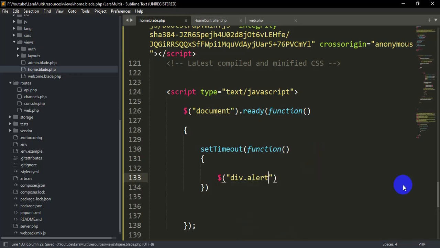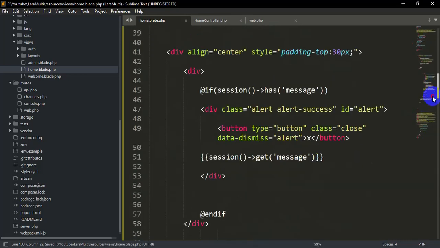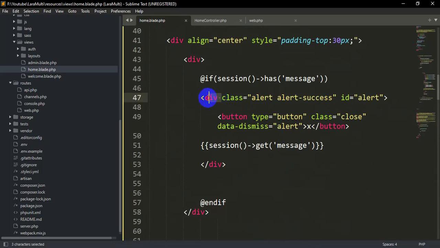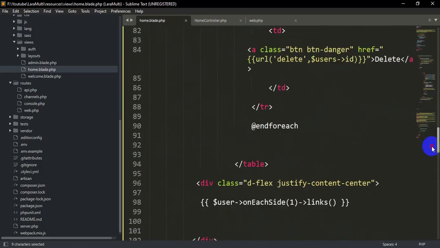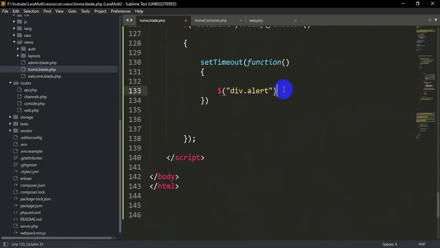And let me just show you the div dot alert, and here you can see this is our div, and you can see id is equal to alert. So we are actually calling it, and we'll say dot remove, so it will remove the message. So we also need to end this with a semicolon, and we also mention after how many seconds we want to remove the message. So I'm just going to give a comma over here, and let's say we want to remove the message after 3 seconds.